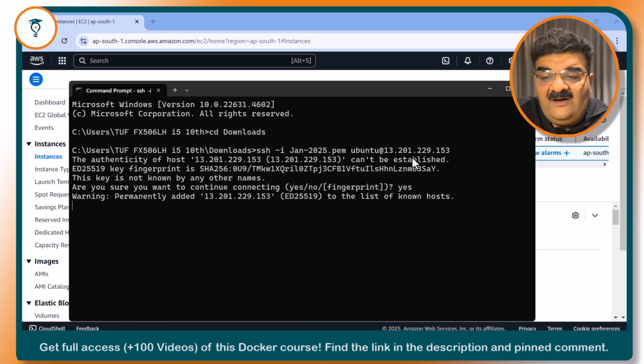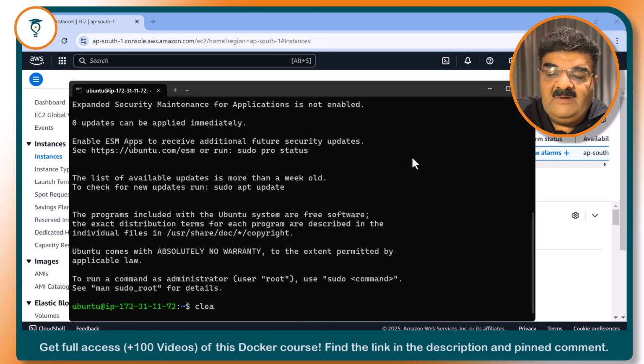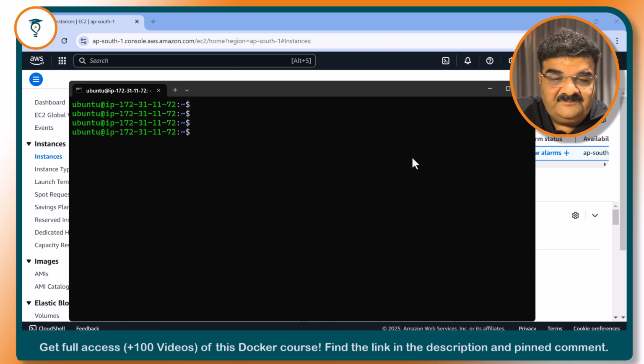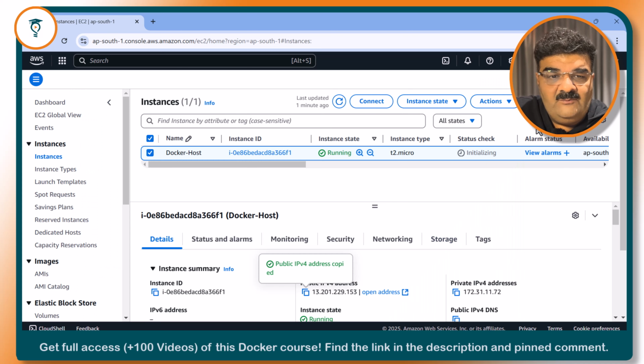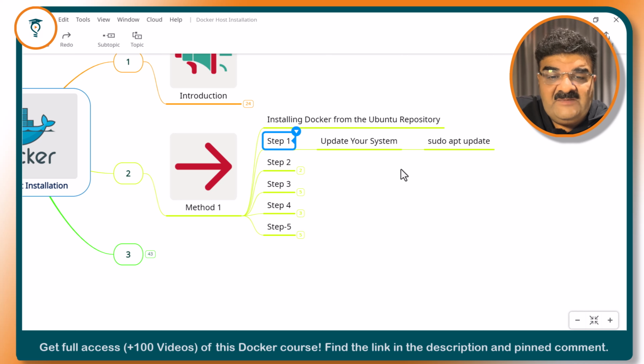Yes. Now I got access to my virtual machine. Right now I am logged in as ubuntu. No need to worry about this. We are going to perform all the tasks with the user ubuntu only. Keep this in mind. Here we are using our first method, in which we are using Ubuntu's repository to